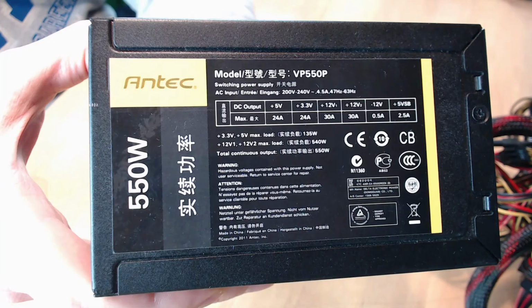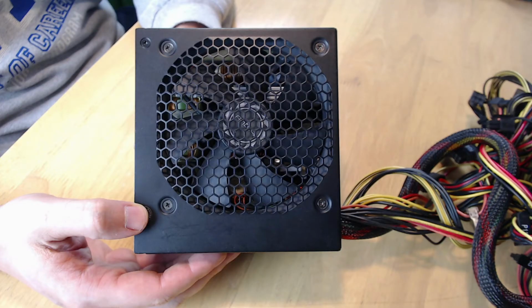Moreover, the quality of the feeding energy provided by the power supply unit into components is crucial, since the lower the quality of the electrical signals running into the PC, the more unstable our system will be. Since very few people have the tools and the knowledge to do quality tests on a power supply unit,